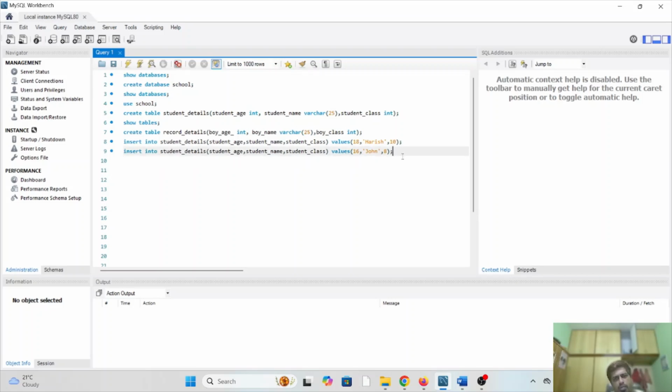Now suppose you want to check what details have been entered into the table. For that, I will tell you the query from which you can check whatever values or details have been inserted into the table. For that you can use the query select